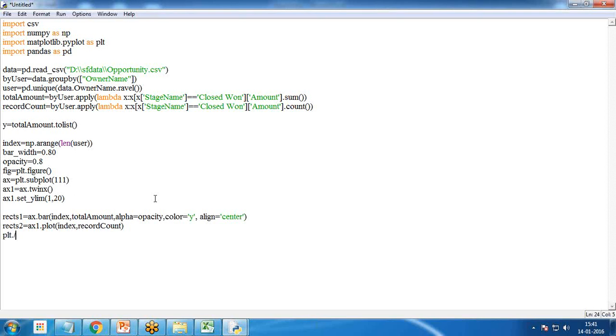So then we set the title, plt dot title. I add the title as revenue generated by opportunity owner, and I need to set the label. So I set ax dot set underscore x label